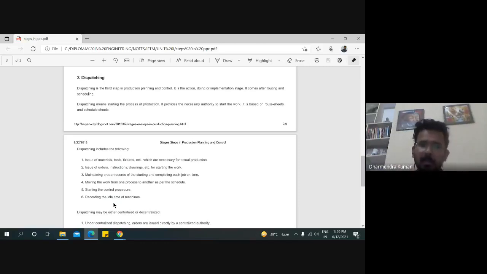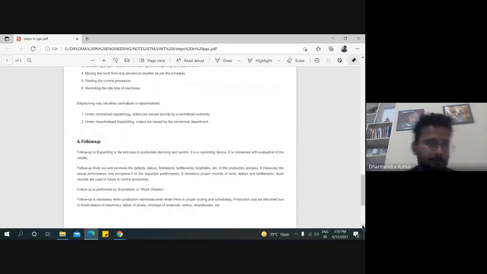In that time, there is no work being performed on that machine, either for any disturbance in the machine, or any absence of manpower associated with that machine.